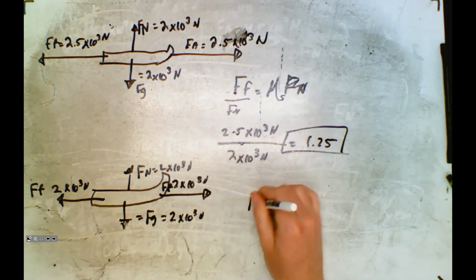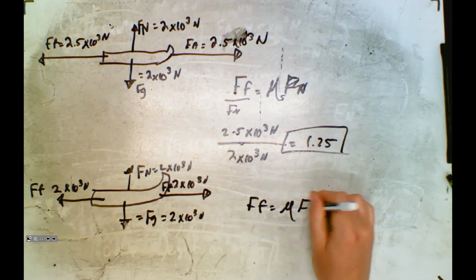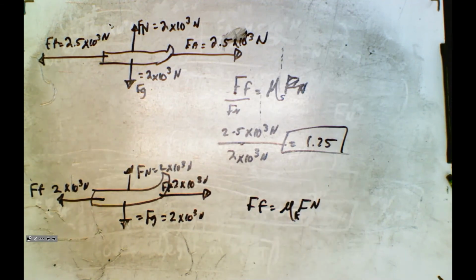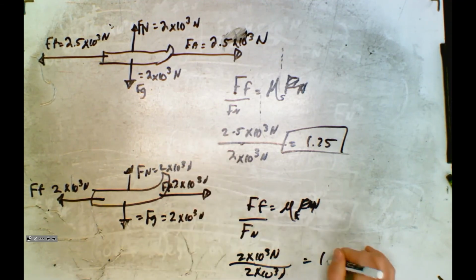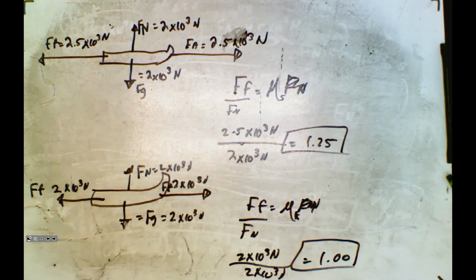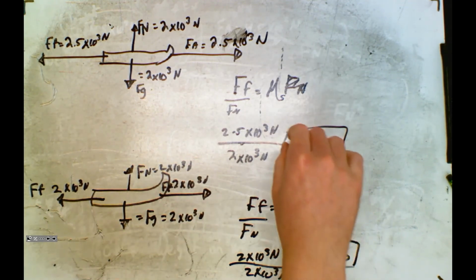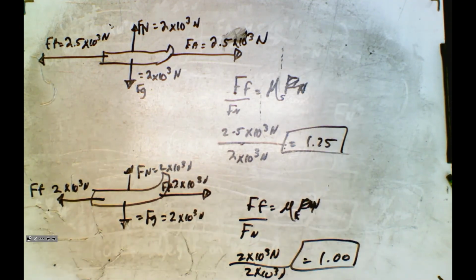We use the same formula, but this time it's kinetic because it's sliding. So we move force normal under there, and if we calculate this, my force of friction is 2 times 10 to the 3 newtons. 2 times 10 to the 3 newtons is my force normal, so it ends up being 1.00 as our answer. And it's the same sled, but the static is always going to be higher than the kinetic. And that's what we saw